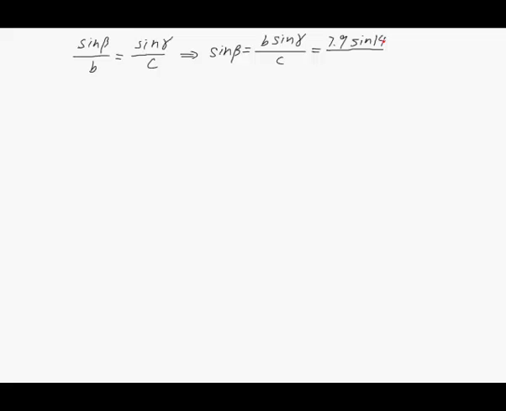Gamma is equal to 141.4 degrees. And c is equal to 13.3. And this is approximately equal to 0.3624. Now, we need to use the arc sine to find this beta. But we know